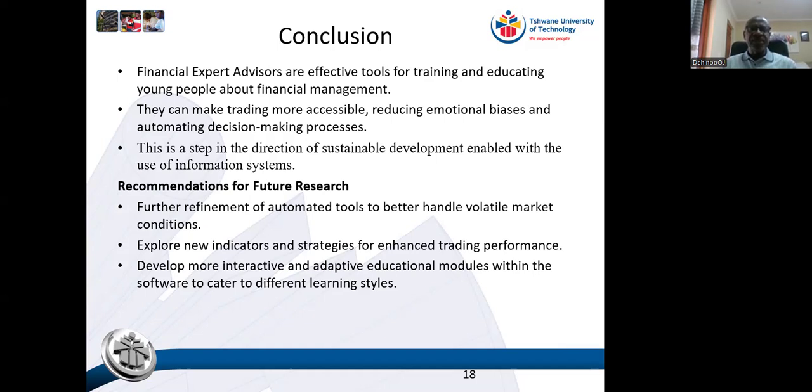For recommendations for future research, we can recommend further refinement of this kind of automated system, especially using artificial intelligence and deep learning. And then we can also recommend exploring new indicators and strategies for enhanced trading performance. And most importantly, to make it more interactive and adaptive so that even the systems can possibly inform people in the form of voice